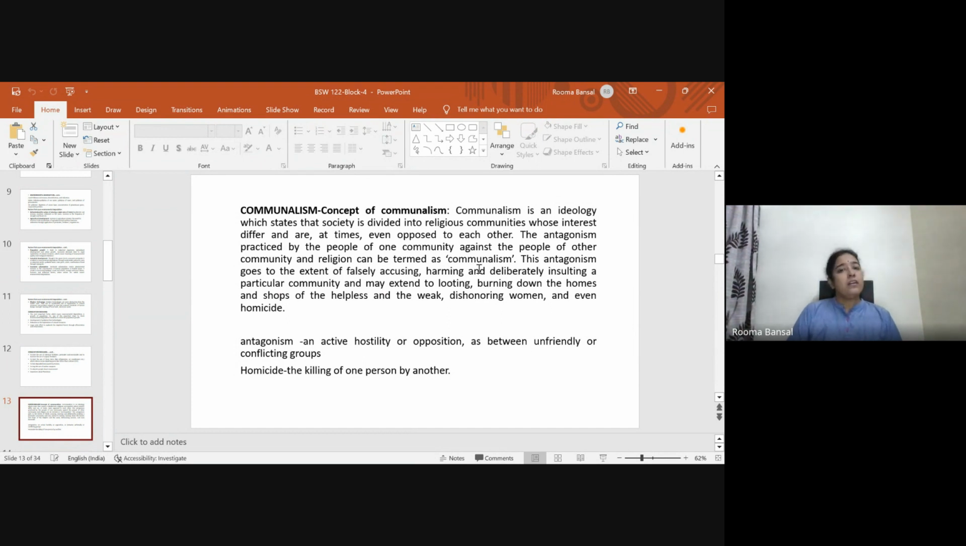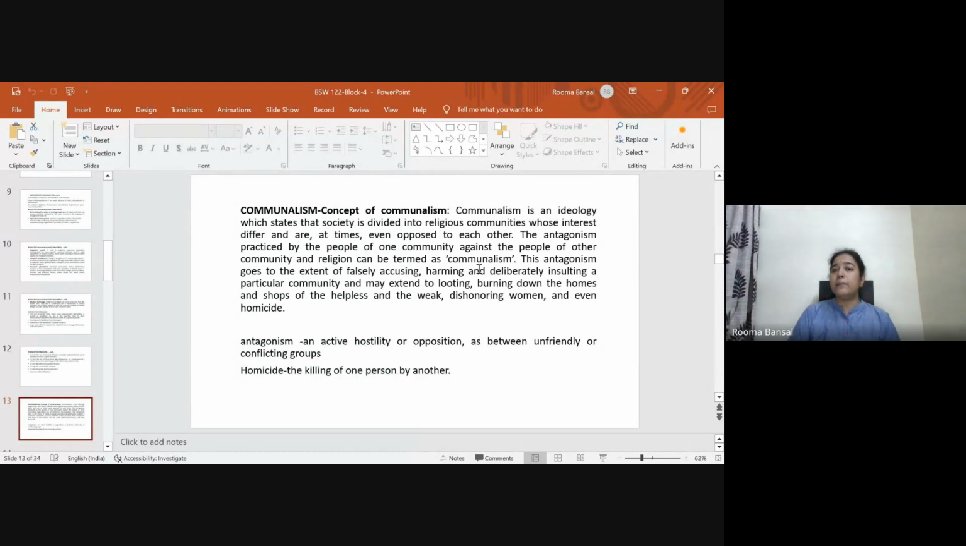It means n number of religions are available in the society. They have different ideas, different interests. Sometimes they are even opposing each other. The antagonism practiced by the people of one community against the people of other community and religion can be termed as communalism. This antagonism goes to the extent of falsely accusing, harming, and deliberately insulting a particular community and may